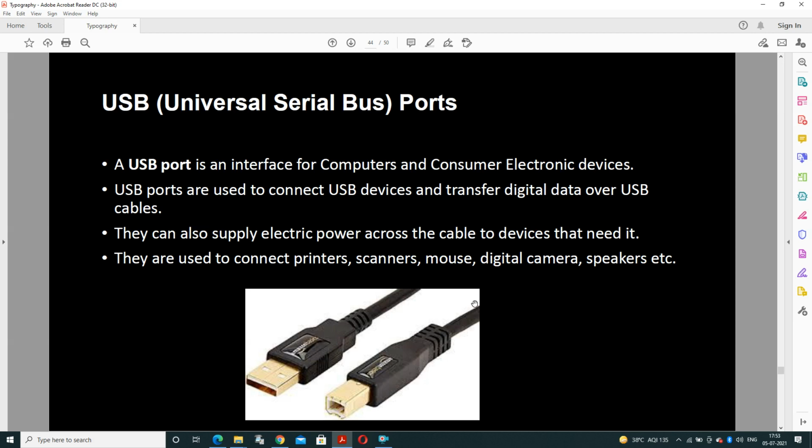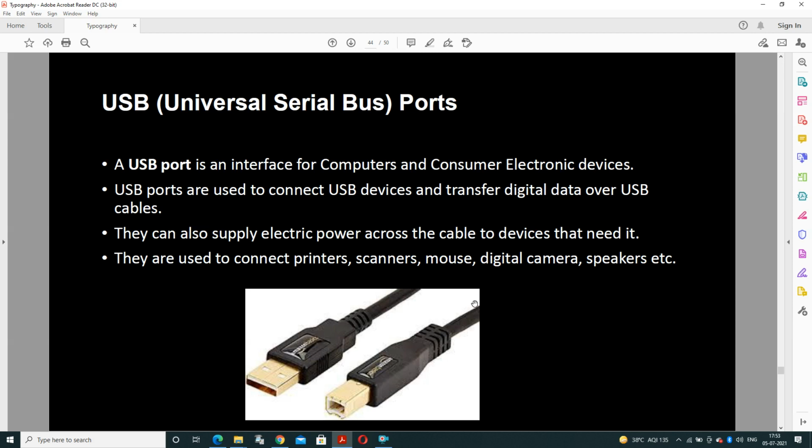Next is USB, the specific port for pen drive. It is an interface for computer and consumer electronic devices. And USB ports are used to connect USB devices and transfer digital data over USB cables. And it can also supply electric power across the cable to devices that need it.